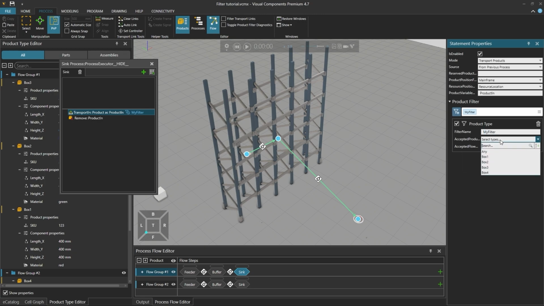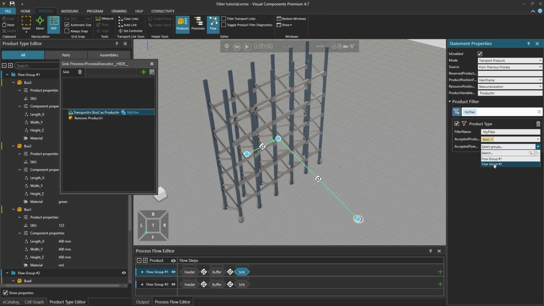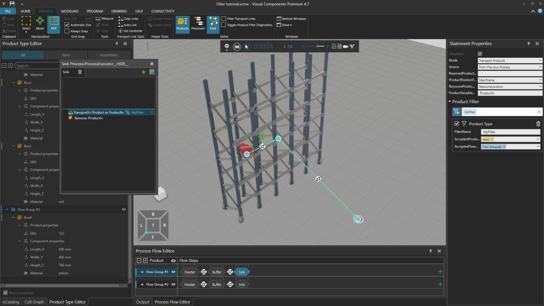As an example, if I select Box 2, then only green Box 2 products are accepted into this process. In addition, if I add flow group 2 into the accepted flow groups, now both the green box 2 and any member from flow group 2 may enter the process, which in this example is box 4, the yellow box.